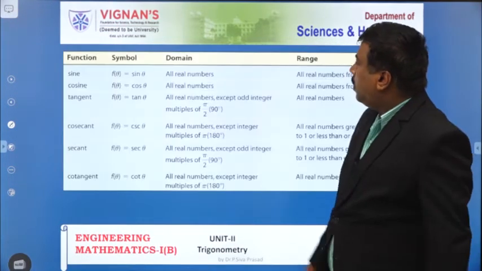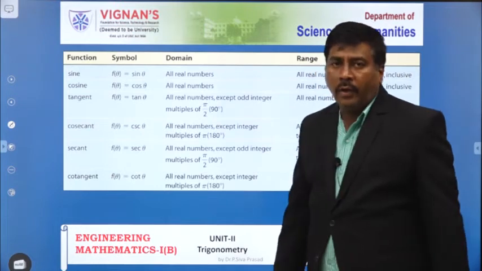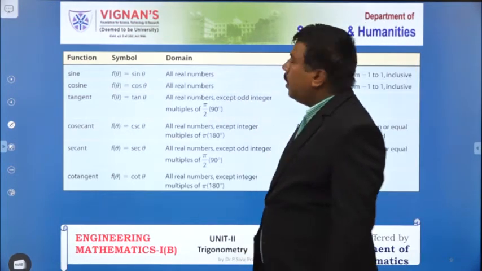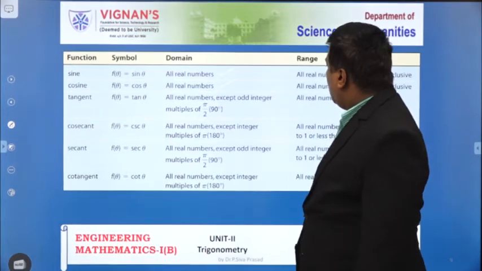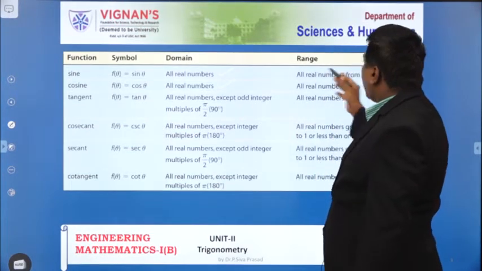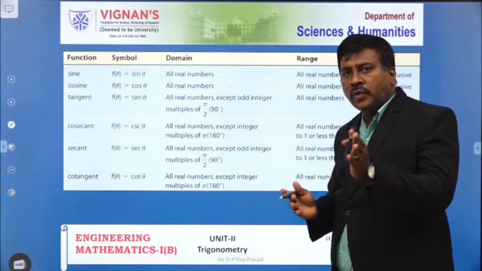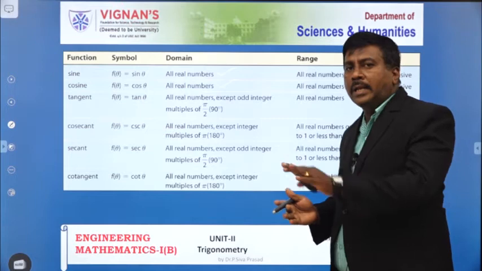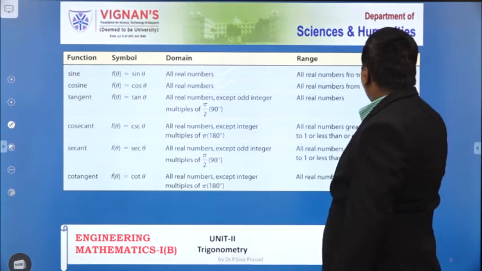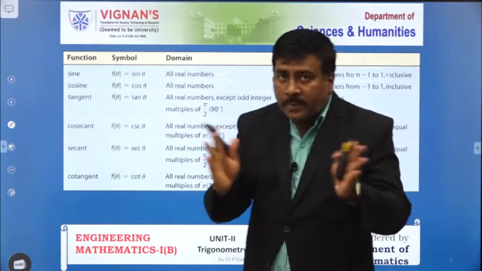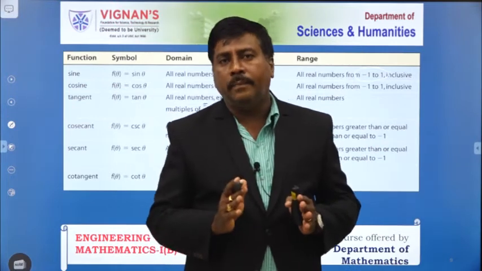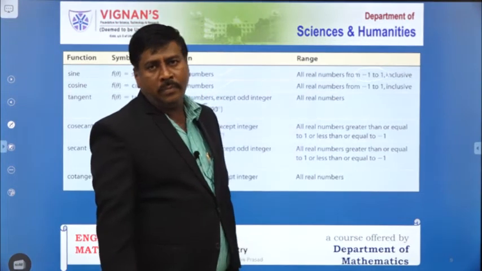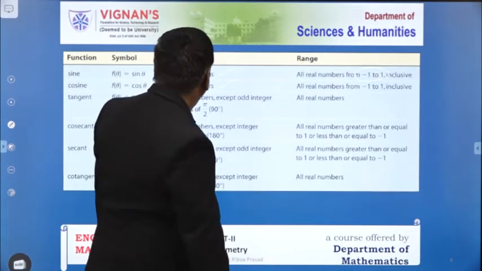Okay, now this is the tabular form that I have to give. So for sine and cos functions, the domain set is real numbers. And the range value means whatever values you give in for x, the values obtained are called the range set. That means the range of sine and cos function oscillates between -1 to 1. That is why the range of the sine and cos function is -1 to +1.